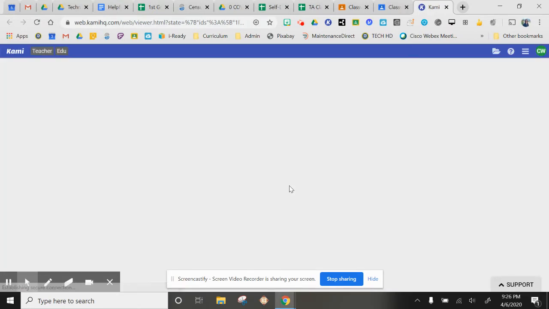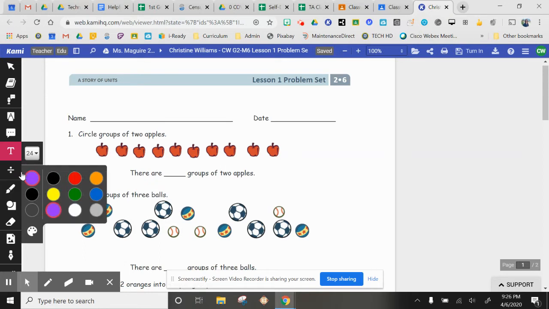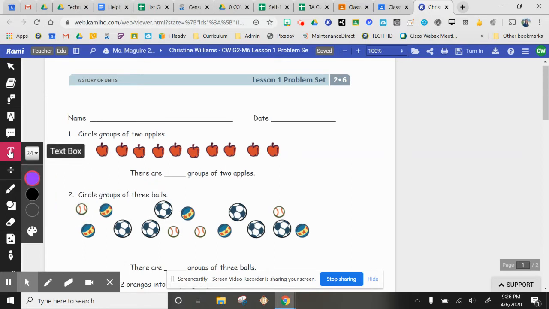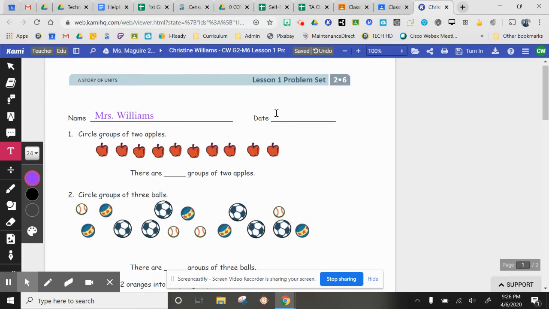Give it a few moments to open up. And I have all these tools over here. So first, I always want to start with my name. So you can insert a text box just by clicking on this T. You could pick a color that you like. Purple is my favorite. Click on this box. I'm going to put in my name. Okay, you can put in the date if you want. Let's see, today is